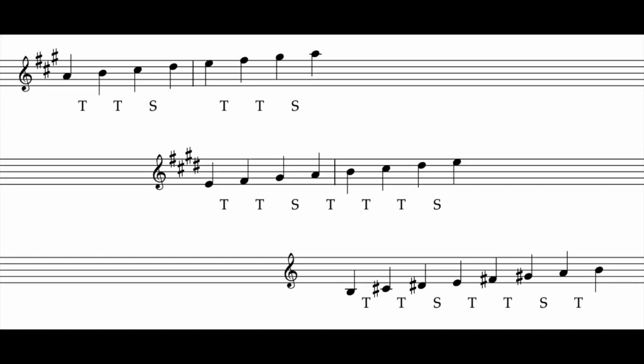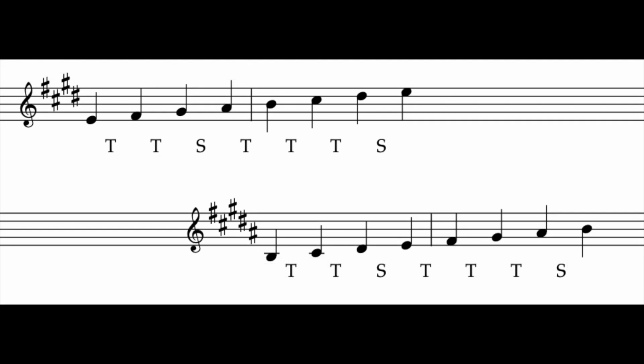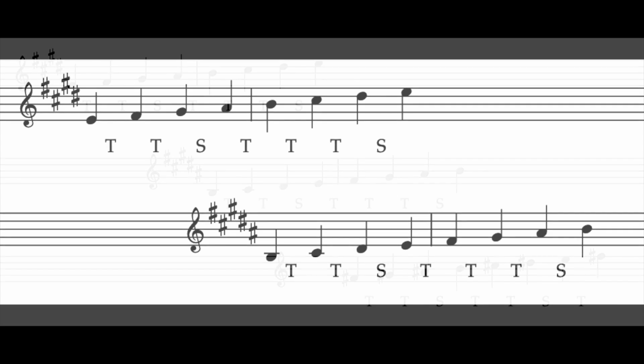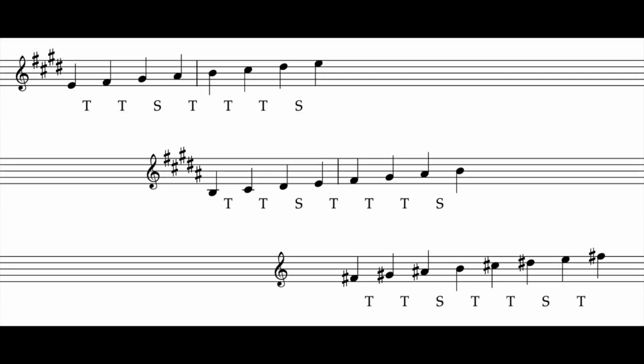I'll do it down an octave. And sharpening that 7th note, the A becomes A sharp. So there we have B major. It's got 5 sharps in it, F, C, G, D, and A. And if we take the top half of that B major scale, that begins on F sharp, we can create an F sharp major scale,